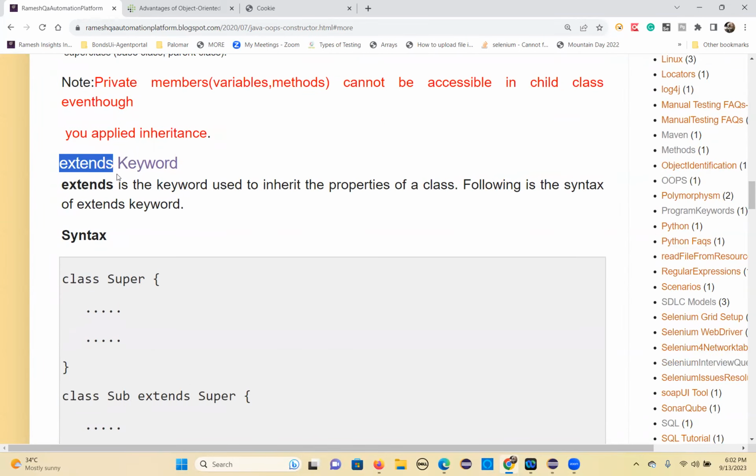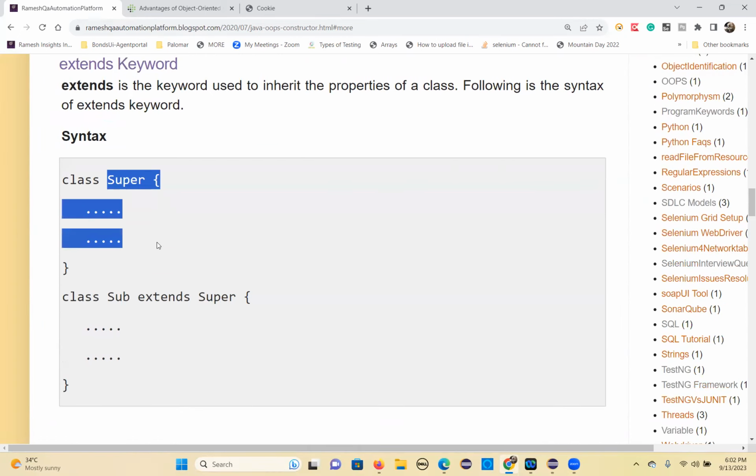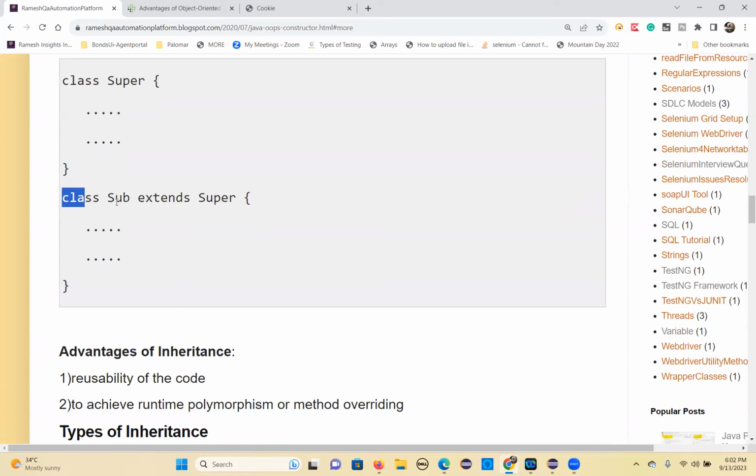So you have to use the extends keyword between the child and parent class. So this is the superclass, and class subclass extends superclass. Now this is the inheritance concept applied here. Whenever you write a subclass extends parent class or superclass, this is called inheritance. So the extends left side is the subclass, and the right hand side is the